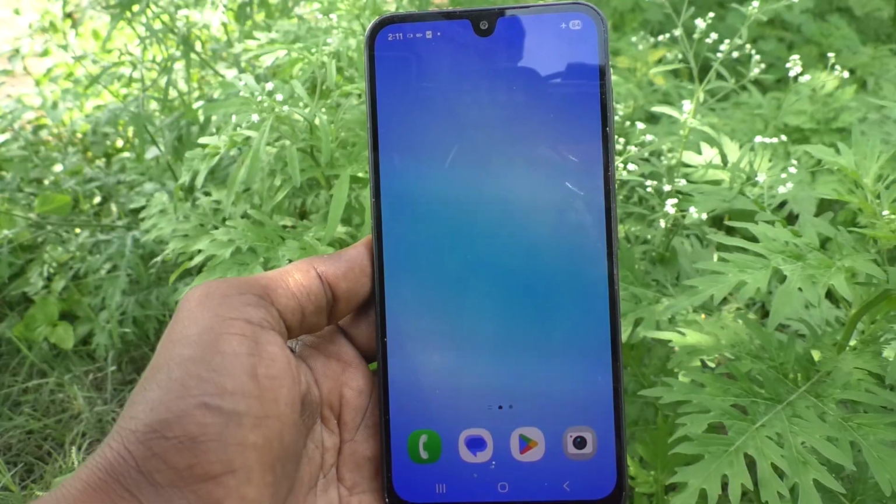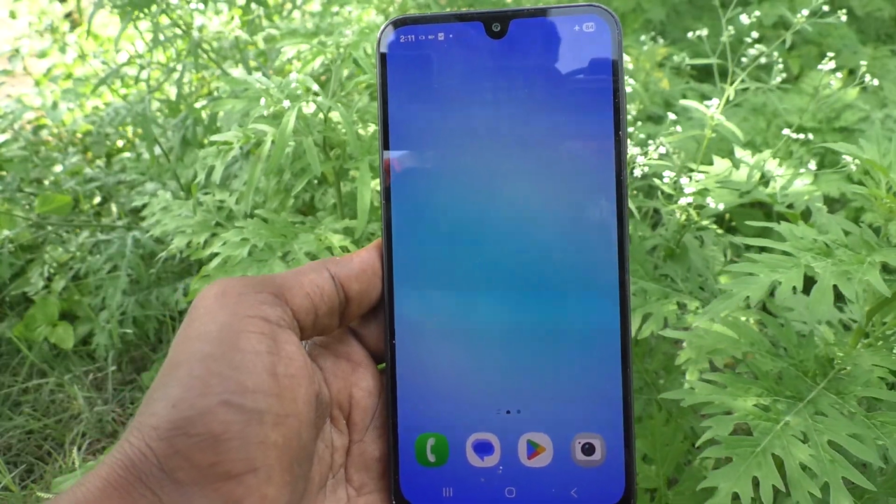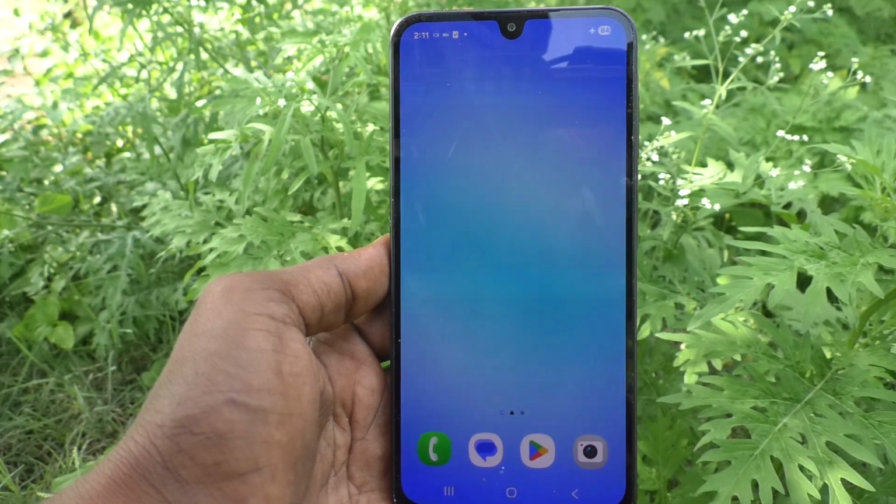Yes, phone is unlocked. So in this way, you can easily set alphanumeric lock screen password in your phone Samsung